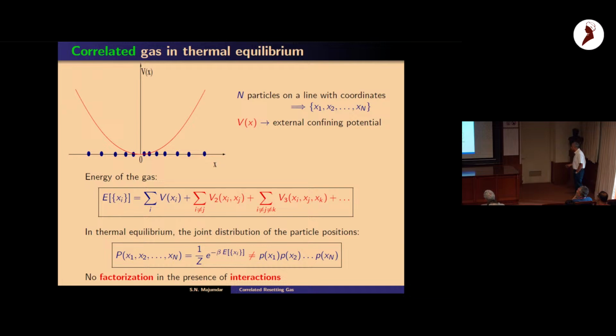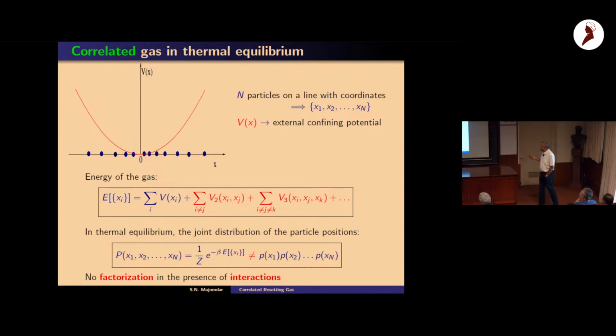But otherwise, there are non-trivial correlations between the particles, and this fact makes this problem quite non-trivial to calculate any observable. And this problem has been around for more than 2 centuries, and a lot of people have worked on different models and so on. But of late, it has seen a resurgence of interest due to experiments in cold atom